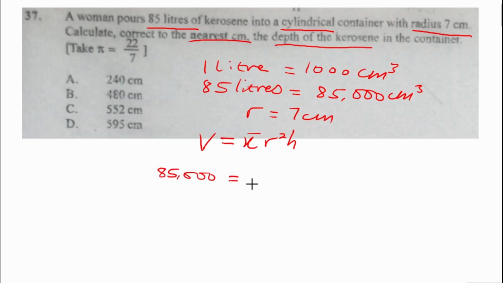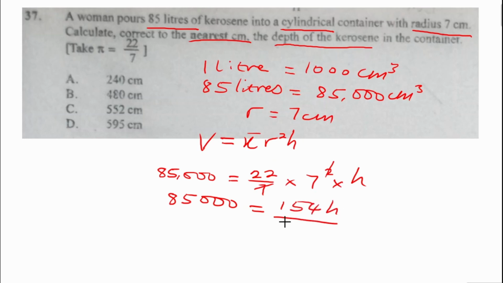So the volume of the kerosene, as we saw in the question, is 85,000, and that will be equal to 22/7, which is the value of pi, times the radius, 7, so 7 squared, or we can do 7 times 7. And the height is the same as the depth of the kerosene, which we don't know, we are solving for, so we still make it times h. Simplifying further, this 7 cancels out one of these, so we'll be left with